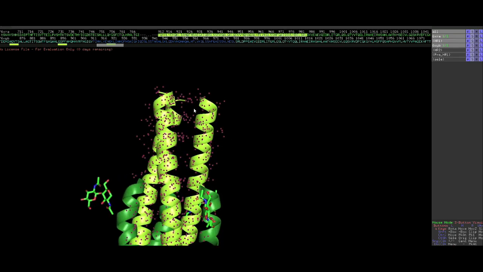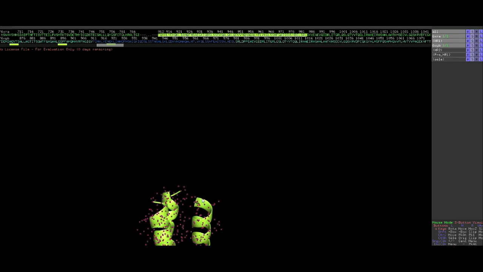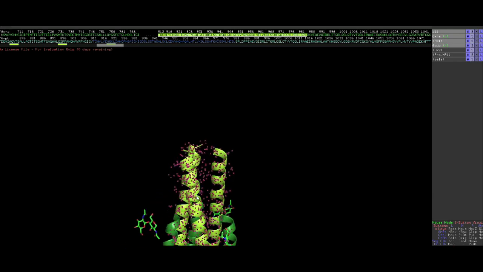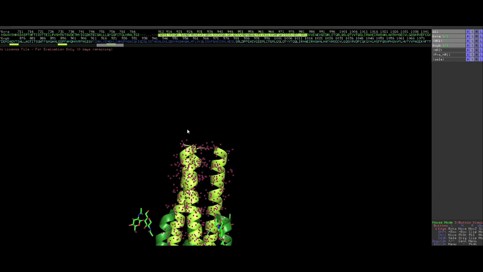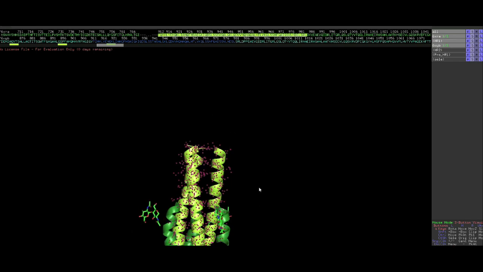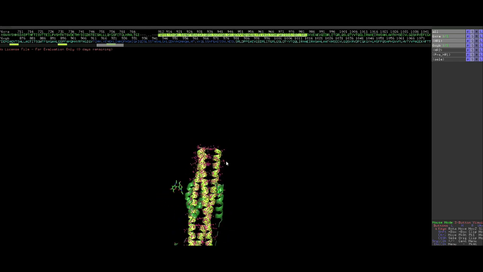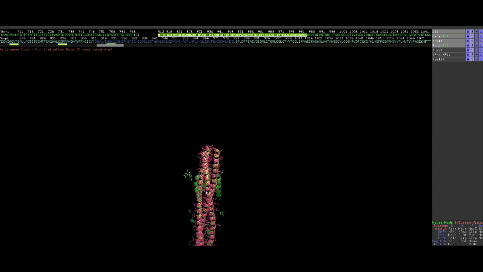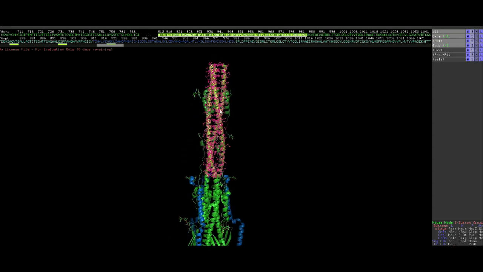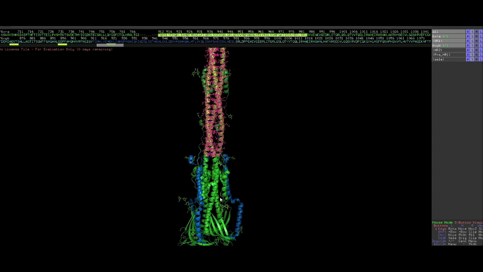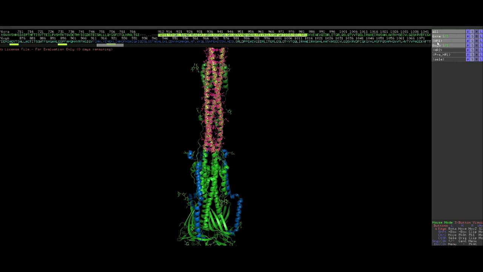Those were likely too disordered to get a good structure for them. But coming off on the top of the HR1 up here would be the fusion peptide rather. And so we see this undergoes this large change where these HR1s,